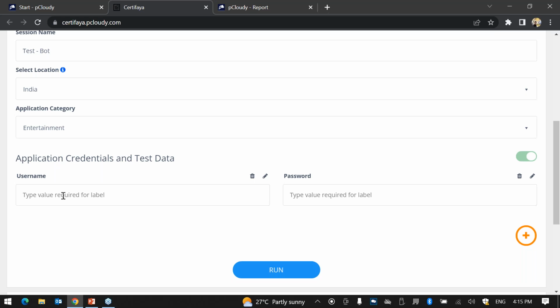For example, you may have a username and password on the launch page of an app. You may just enter these values so that the bot takes them and enters them into your application. Or instead of username, if it is email ID, you can rename this label easily, so that you can quickly enter the data, and then just run.